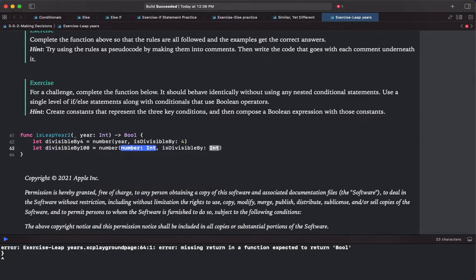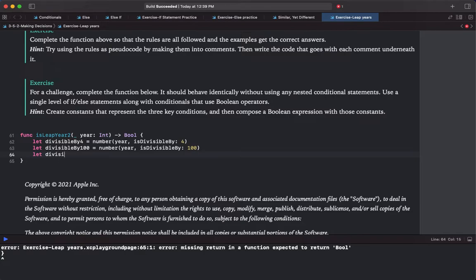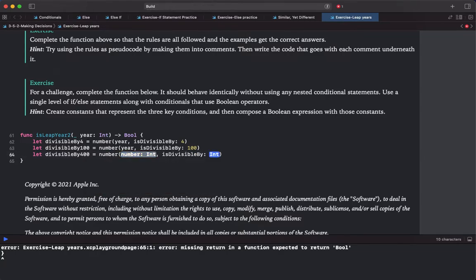And then I'm doing the same thing, looking for the year, making sure it's divisible by 100. And last one, 400 gets number, year,